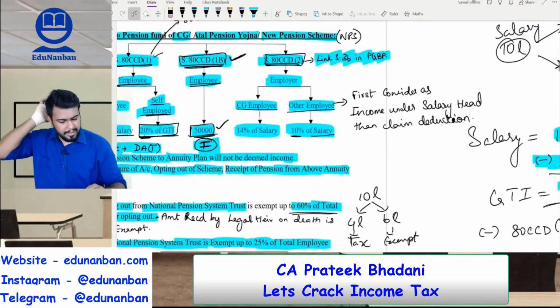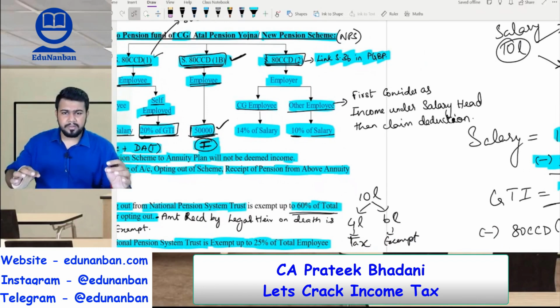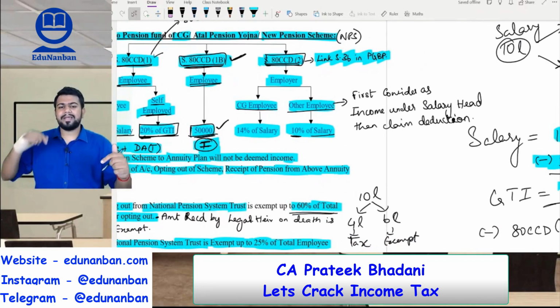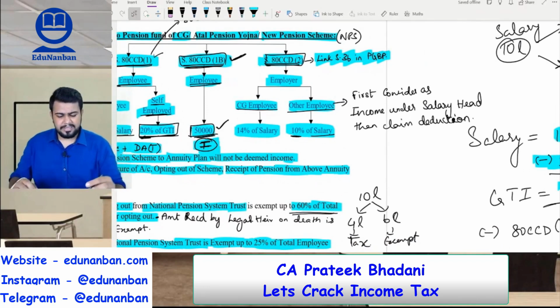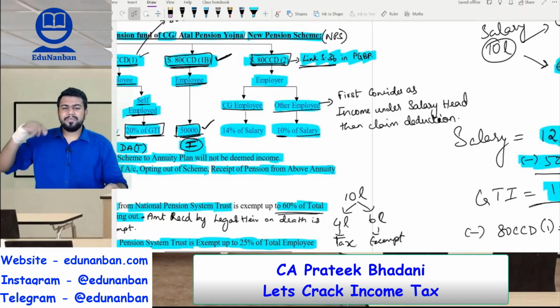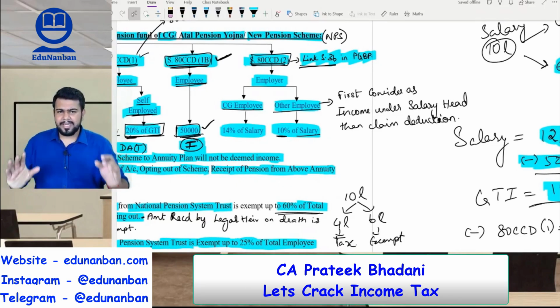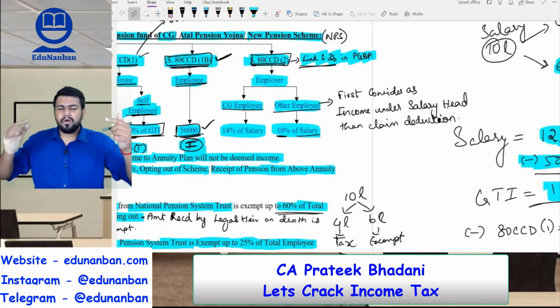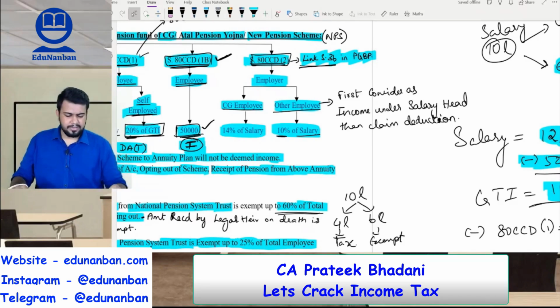And one more special point is that for this employer contribution, the employer is going to get the deduction under the PGBP chapter under section 36. There also the limit is the same, 10% of the salary or actual employer contribution, whichever is lower. Here also salary means basic plus DA. So in PGBP, the employer is going to claim the deduction. Under chapter 6A deductions, the employee is going to claim the deduction.